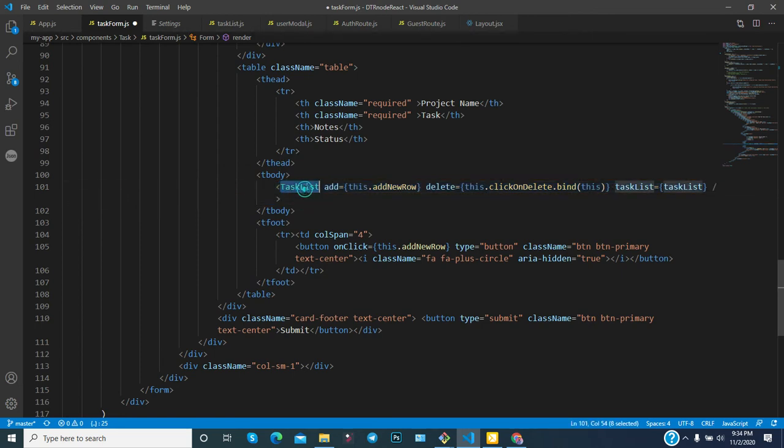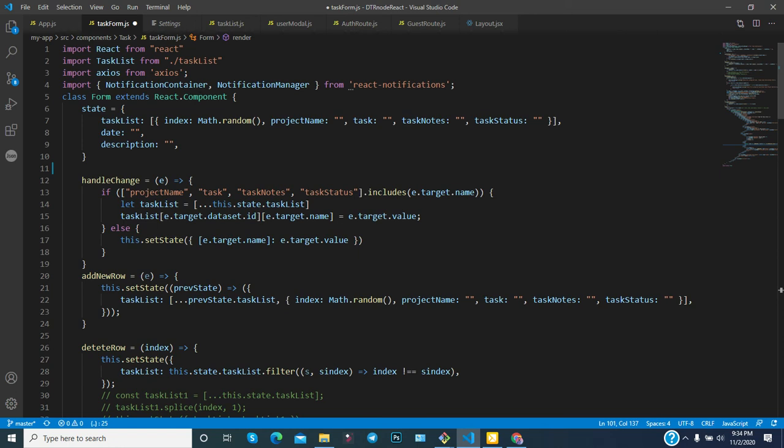Okay, this is the TaskList. TaskList is the component. Make sure that for using this component you have to import it. This is a very silly thing, but lots of people initially make this type of mistake. Sometimes your IDE will import it for you, but if there is any issue in your IDE, then sometimes it does not get imported.